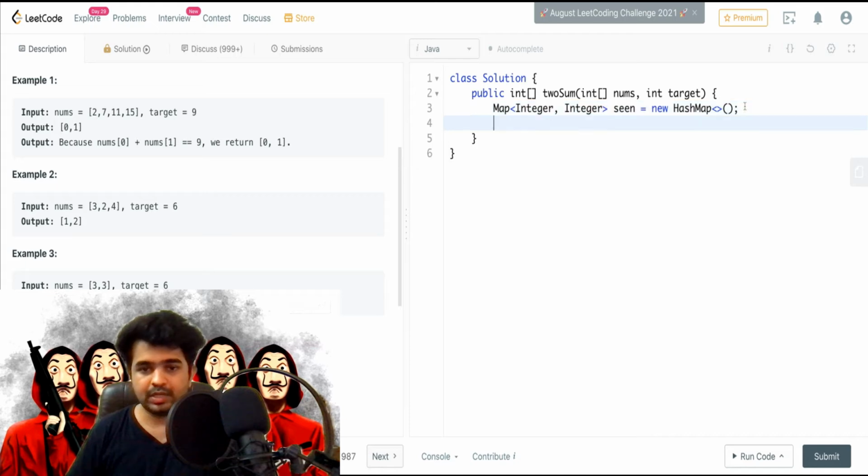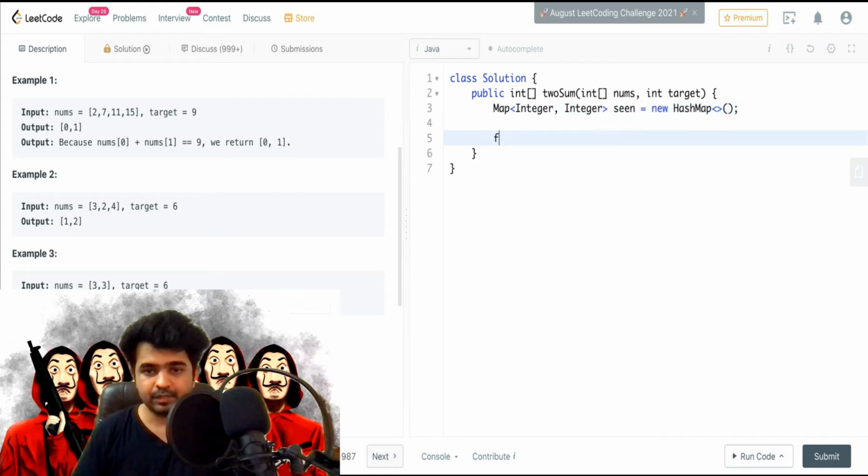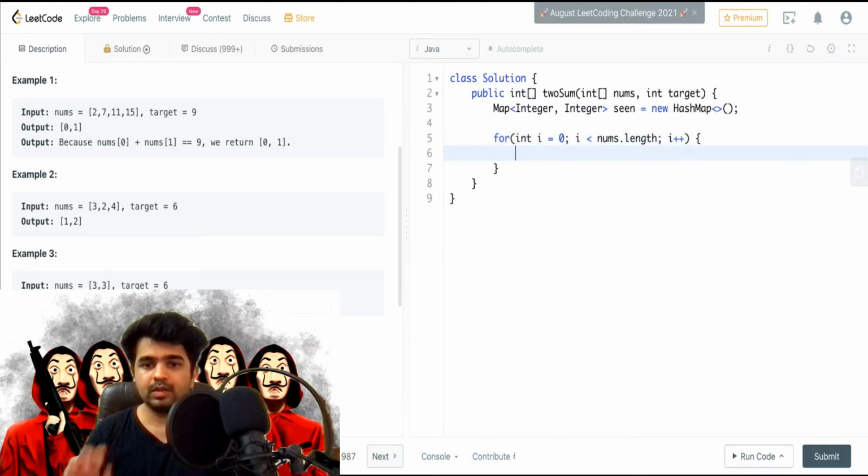So let's iterate through our nums array. For int i equals 0, i less than nums.length, i plus plus. So we are iterating through this array, and we have our first number, that is nums[i].